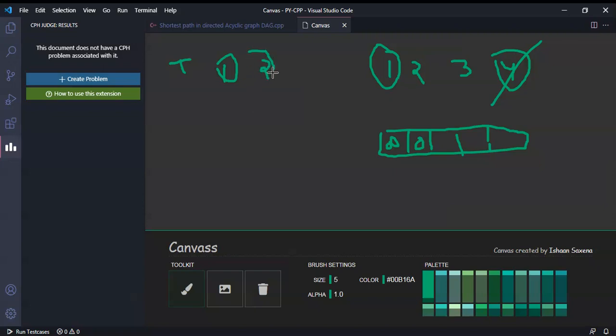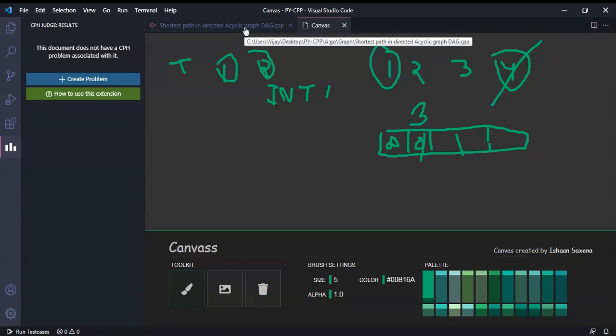We will check if the vertex has a value that is not equal to int max, and if that value is less than int max, then we will add that value and store the minimum. So from 1 to 2, its distance was 3, which is better than infinity, so we will store 3 here.